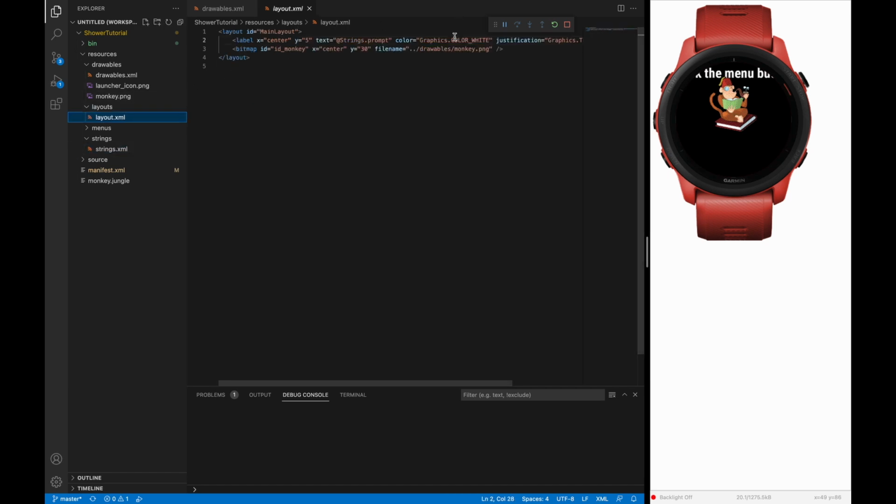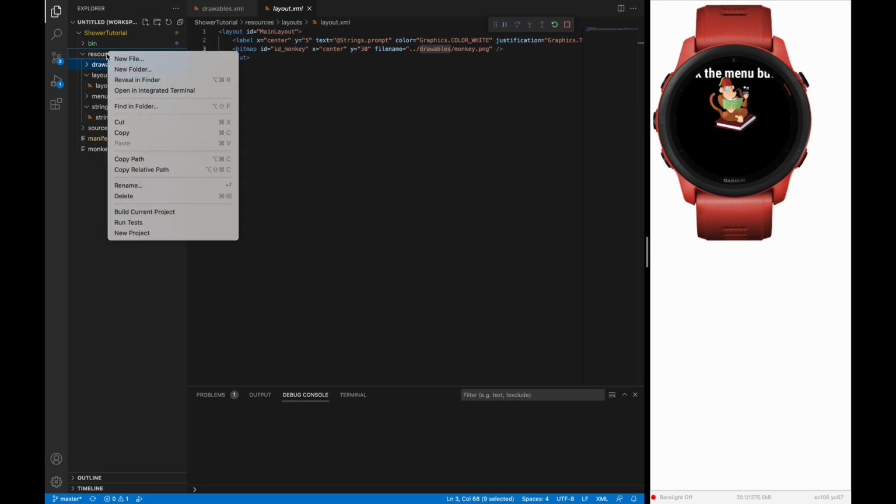So let's go back. Here we display just the color and justification, so it should be centered. And here we see we used from drawables my monkey PNG, our image. But as I've mentioned, it would be good to store images in a separate folder. So let's create